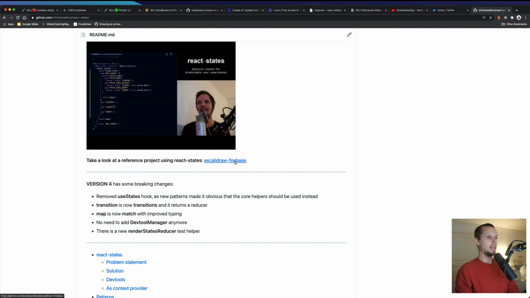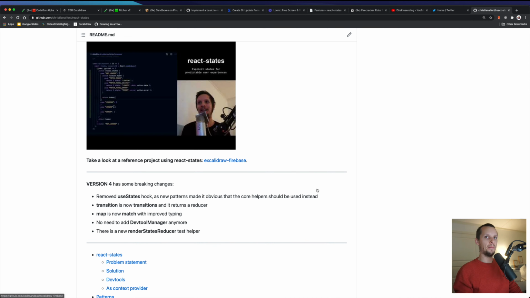And then we have this reference project, which is called Excalibur Firebase. I'll make a video on that and create a README, because this is a project that any company who uses Google can use, where you basically get persisted Excaliburs. Its authentication model is based on the domain, like at CodeSandbox, it's on codesandbox.io. So anyone with codesandbox.io gets access to it, and we can see everybody's Excalibur. And I'm going to implement live sync there as well, which is relatively easy to do with Firebase in the background.